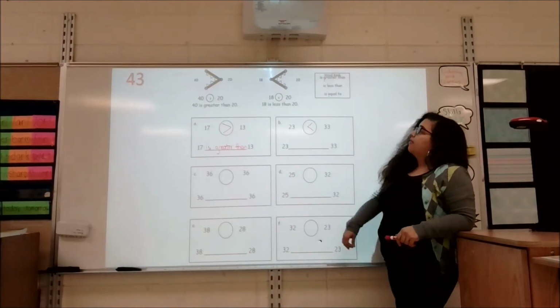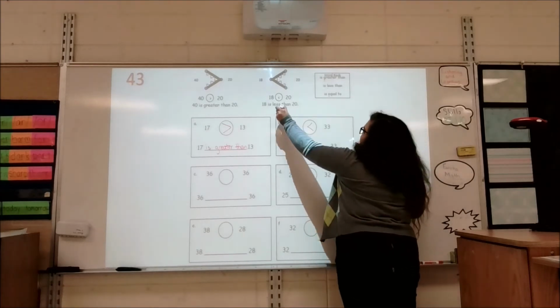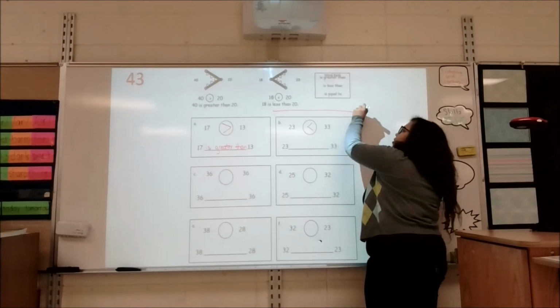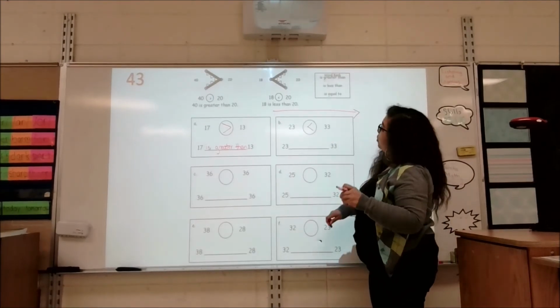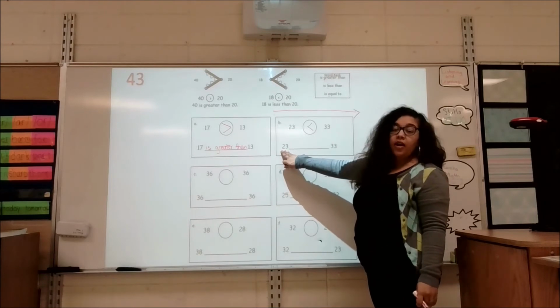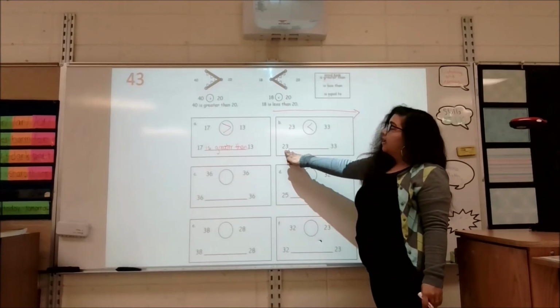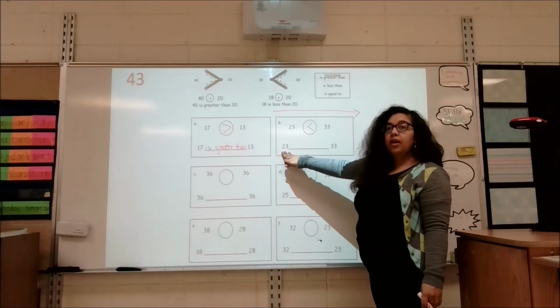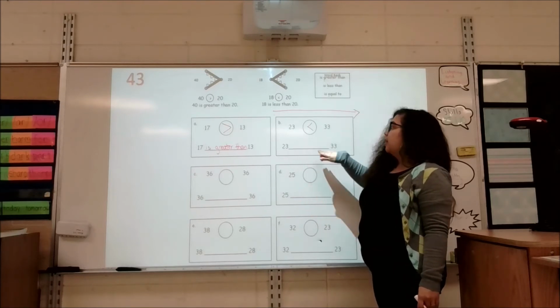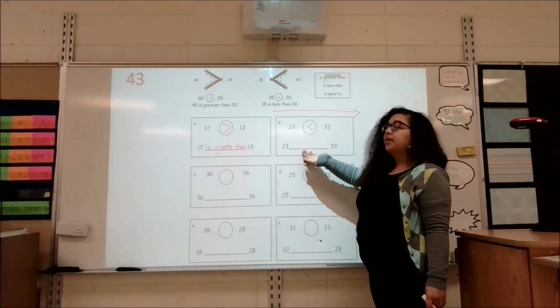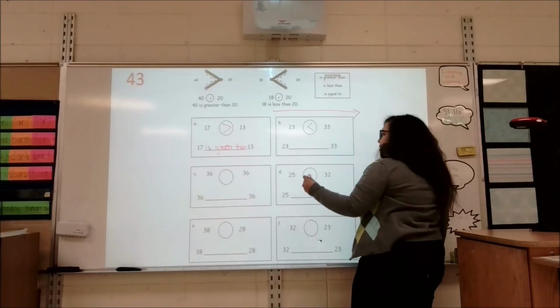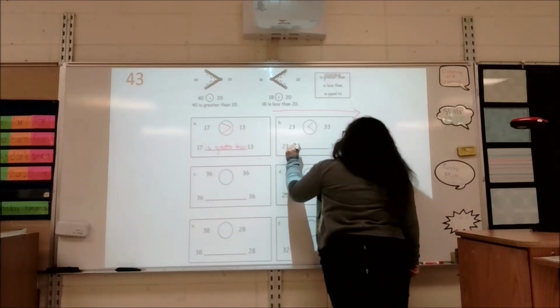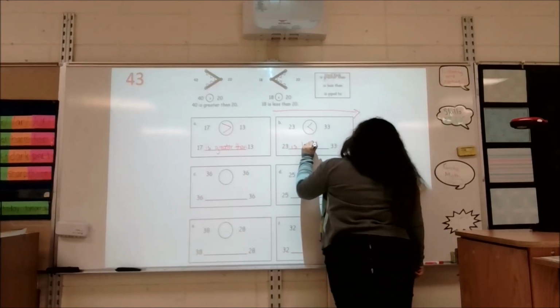The rule we have to really think about is that we read from left to right, meaning we have to start with whatever number is on the left in terms of making a sentence. So 23 is blank than 33. What is it? Less than. 23 is less